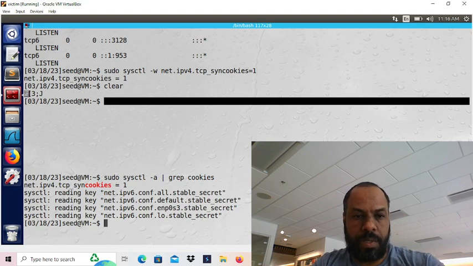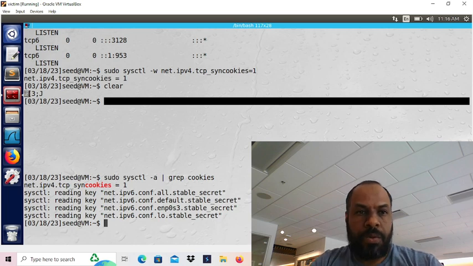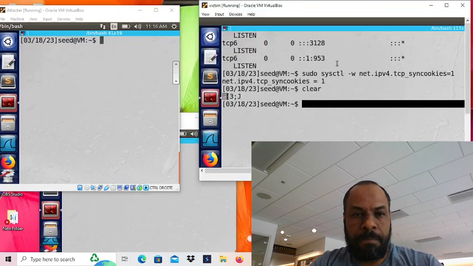As we see here, the cookie defense is on. The cookie defense is a mechanism to defend against the flood of SYN requests. So now we launch an attack.